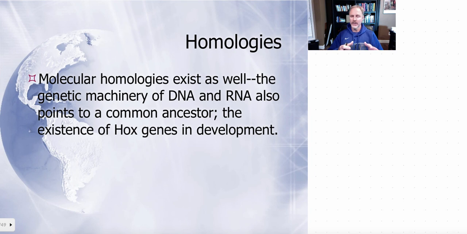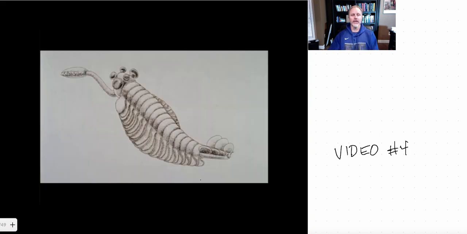Looking at the Hox genes that we talked about earlier and how those lay down the basic body plans of a variety of different animals, the different segments associated with those animals have the same, if not exactly the same, very close to the same order of A's, T's, C's, and G's that lay down this body plan. So underneath this video segment, you're going to see a link for video 4,